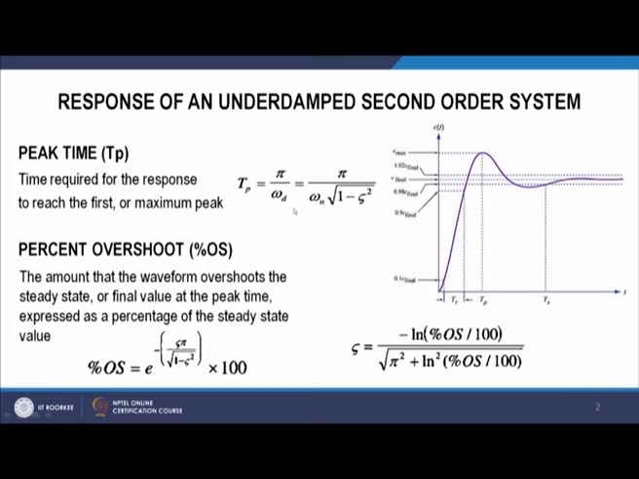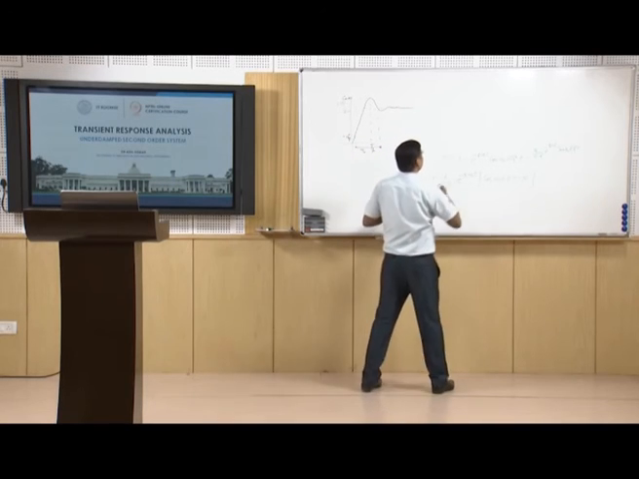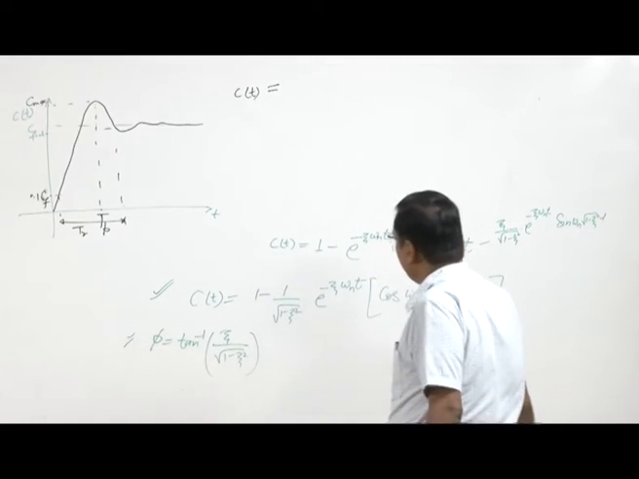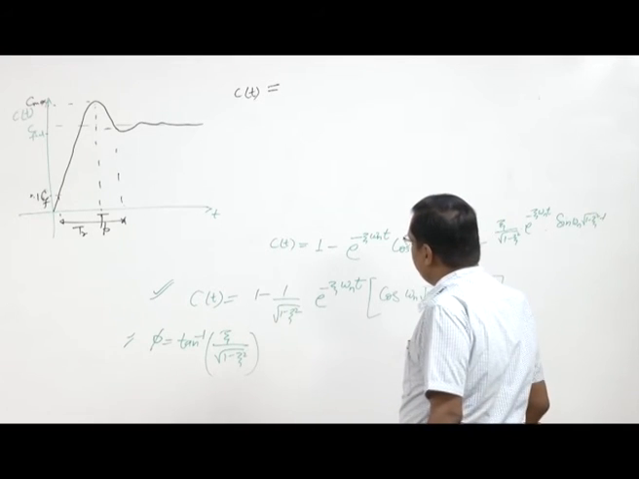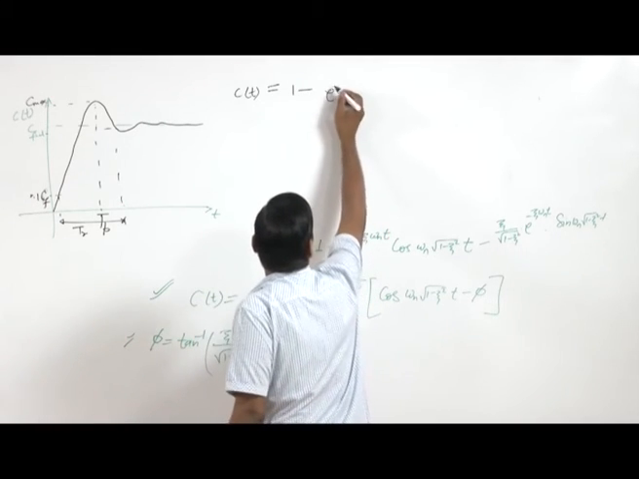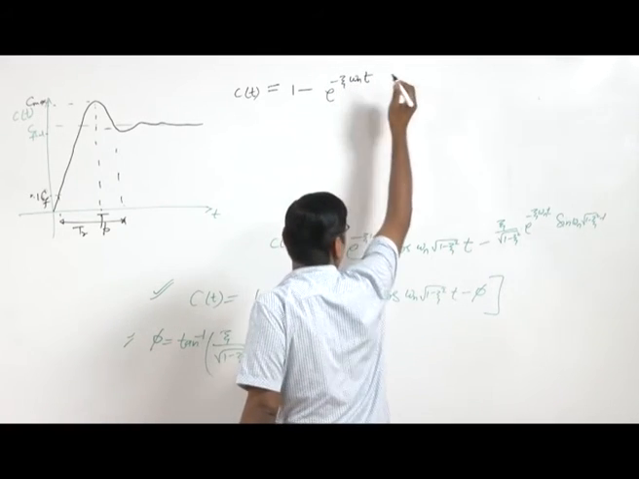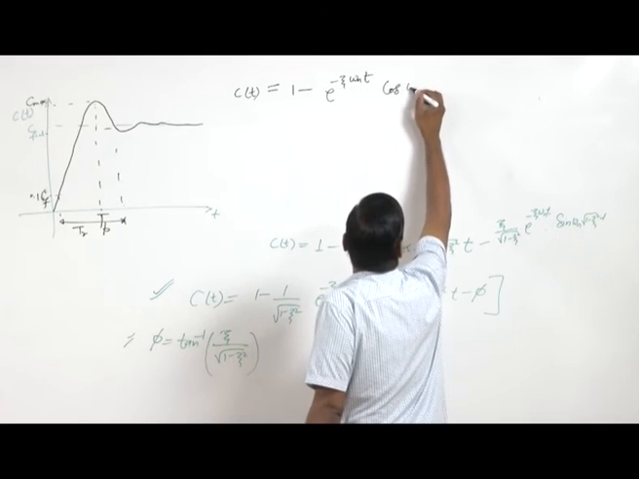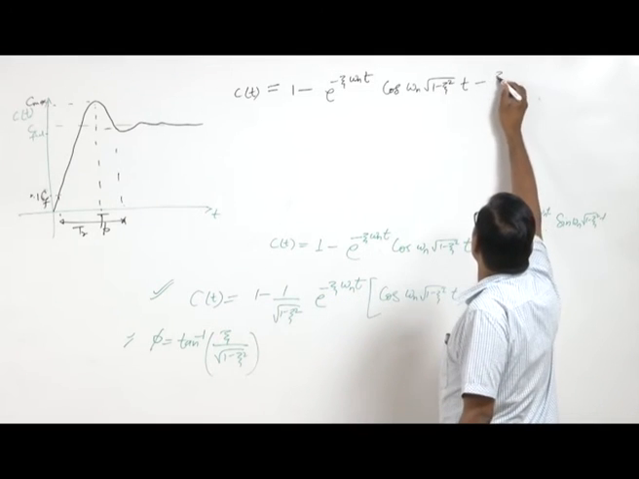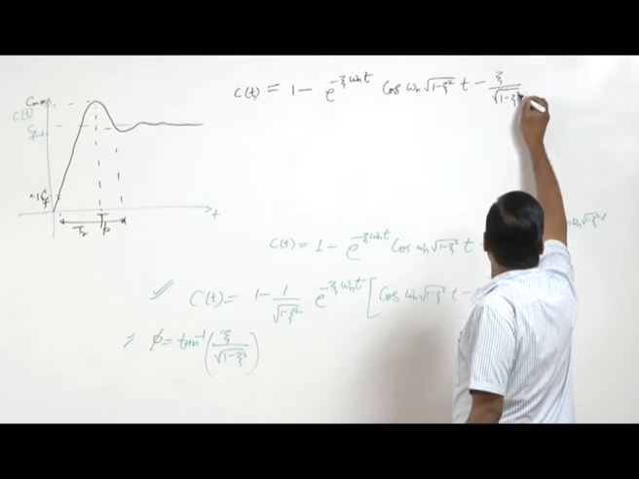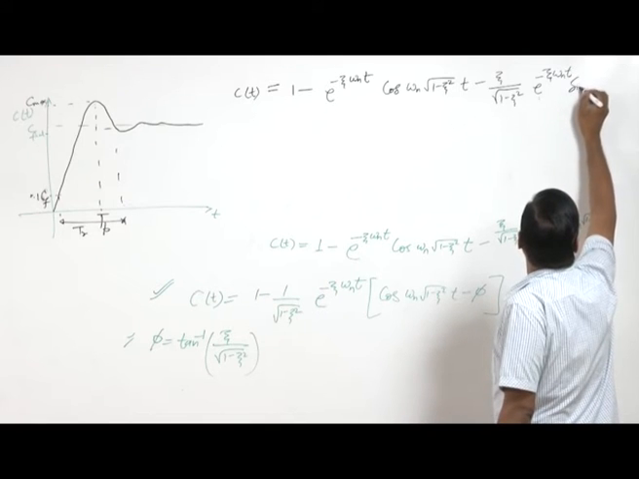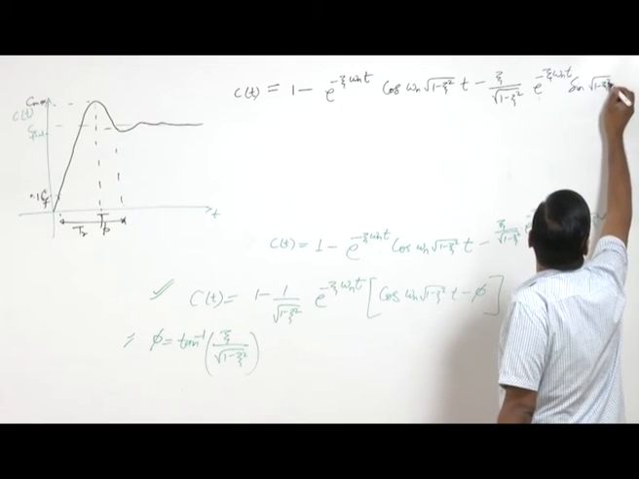So, let us find the peak time. What will be the peak time? So let us collect these expressions so that we will use them to derive the response characteristics, peak time and other times. So C t equal to 1 minus e power minus zeta omega n t cos omega n root 1 minus zeta square t minus zeta upon root 1 minus zeta square e power minus zeta omega n t sine root 1 minus zeta square into omega n t,